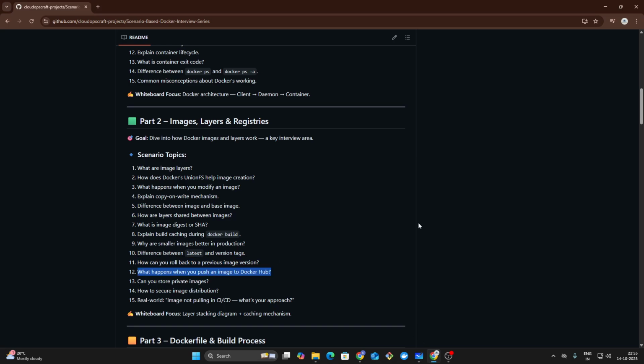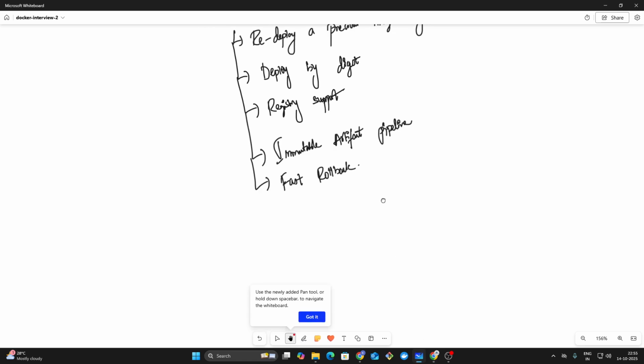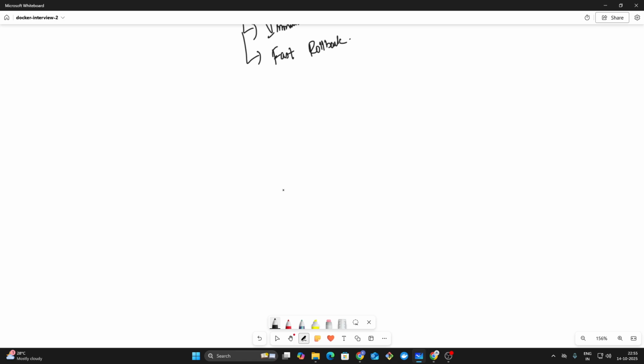So the next question will be, what happens when you push an image to Docker Hub? Here the interview context is that they want to ensure you understand the push and upload handshake, layered upload, and manifest publishing. So let me explain. When you run docker push with my repo and my image, for example, the Docker daemon first authenticates